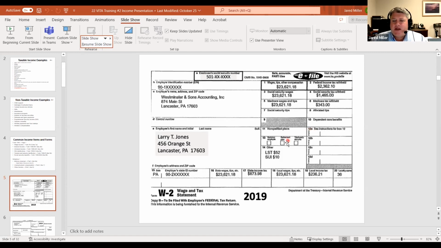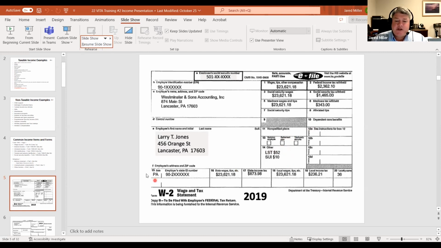We do want to double check, as we may have to check a box that's going to show retirement plan. That would be in box 13 here. The information in box 14 actually does not go anywhere on the return. So you don't really need to input that into our tax system simply because it doesn't actually carry automatically to other forms on the TaxSlayer program.